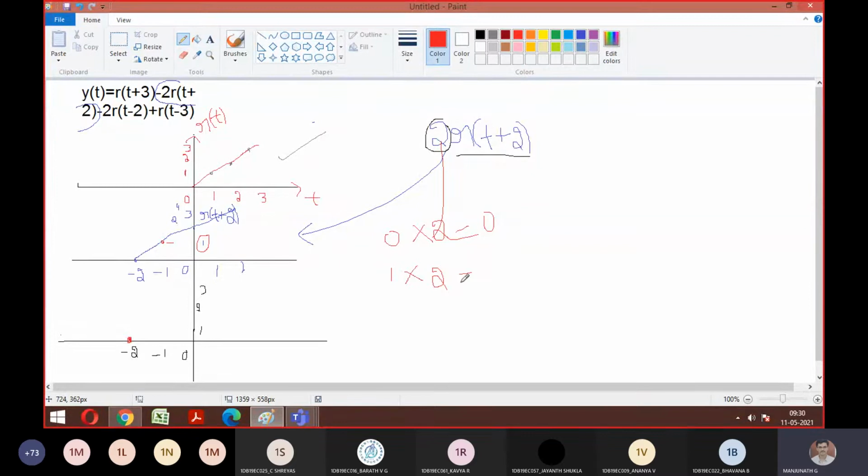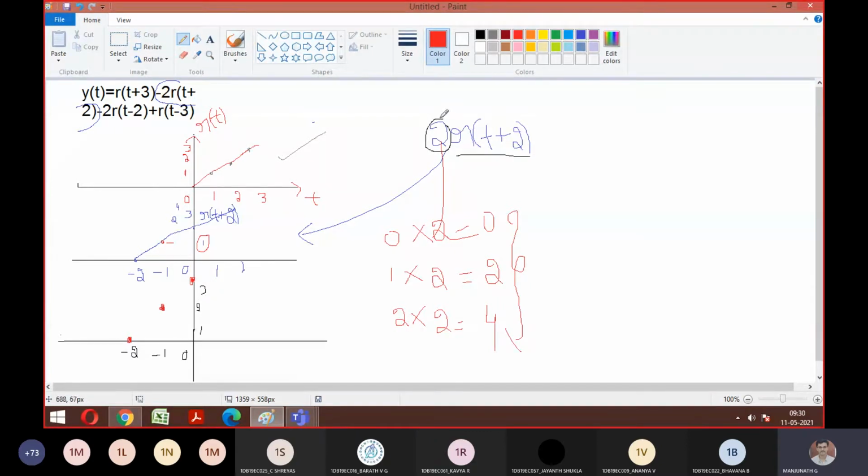Next, for 0, the amplitude was 2, right? For 0 time interval the amplitude was 2. It's not like 0 multiply. So at the 0th level, what is the amplitude you have here? 2. Now I should multiply 2 into 2. That becomes 4. So earlier it was 2, now for 0 it will go to 4. I hope you got the logic now. You're not supposed to stop the interval at 2 like what we did yesterday. So just rectify that mistake. Earlier it was 2, so now the original signal is multiplied by 2, and it becomes 4.